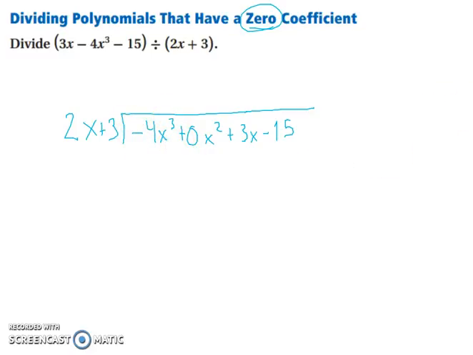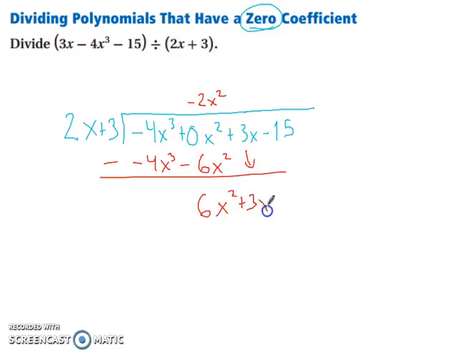That doesn't change. So then we go back to our old school questions. What times 2x is going to give us negative 4x to the third? Well, in this case, negative 2x squared. So we had negative 4x to the third minus 6x squared. And then we subtract. So minus a negative, so we're going to be left with 6x squared,